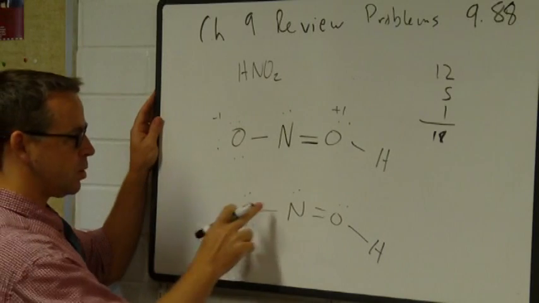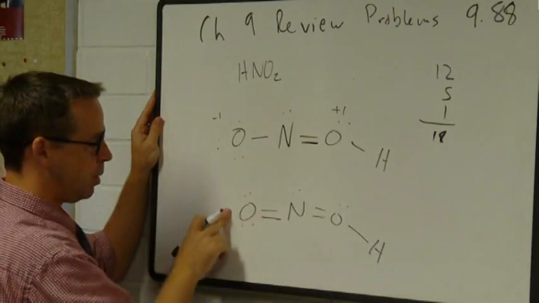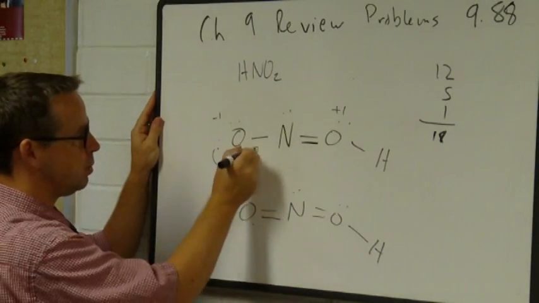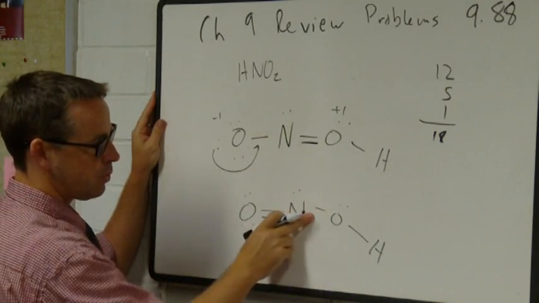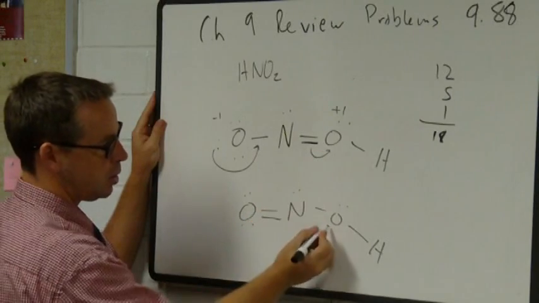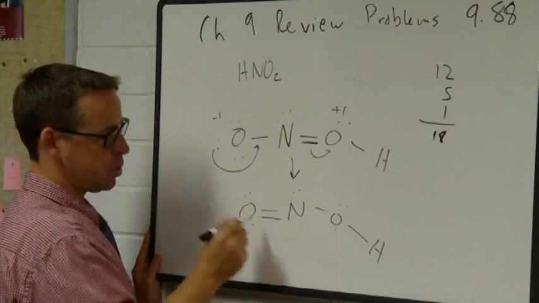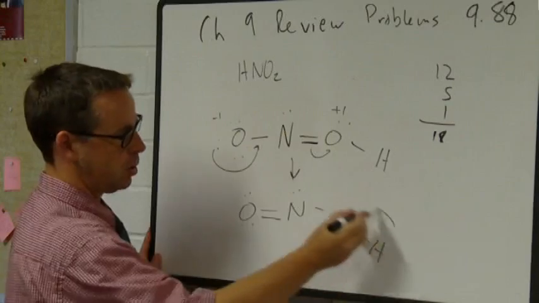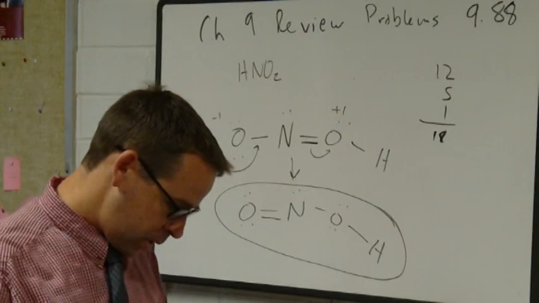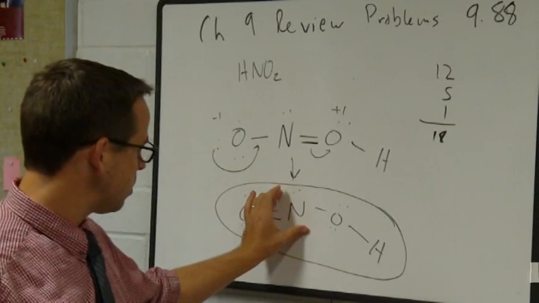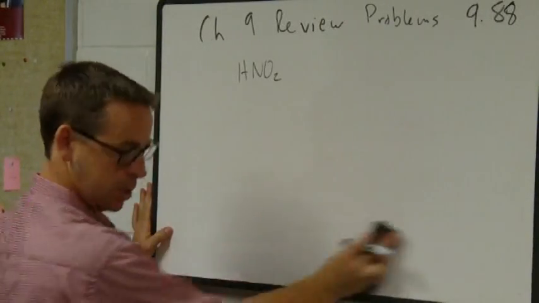All right. If we want to remove the -1 formal charge, we can make this a double bond. Remove these electrons and make them a double bond. So basically bringing them in here. And now that'll have no formal charge. But now nitrogen has too many electrons. So we have to remove these electrons and put them onto here, and form that species there. So now this oxygen has no formal charge, this nitrogen has no formal charge, that oxygen has none, and then hydrogen has none. So that is the best Lewis structure. Okay, that's HNO2, 988